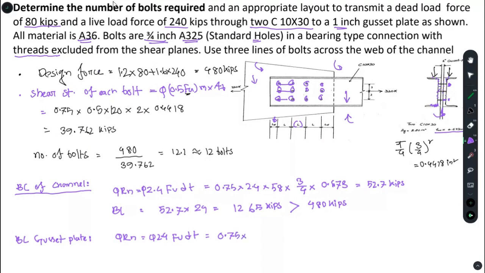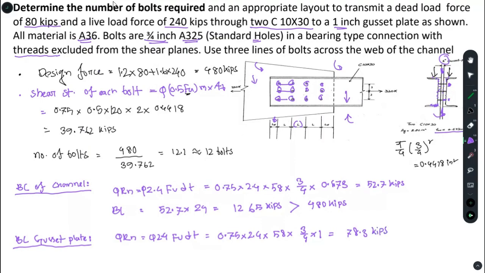You have 2.4 as a formula, and you have Fu value of, since it is the same thing, A36, so Fu would be 58, and you have a d value, in this case, that is the same as bolt diameter, but the thickness of channel is 1 inch, which is given right over here. So eventually you will get a value of 78.3 kips,